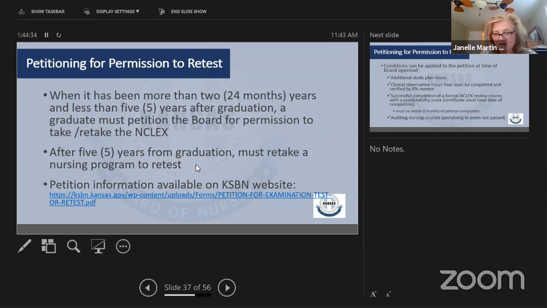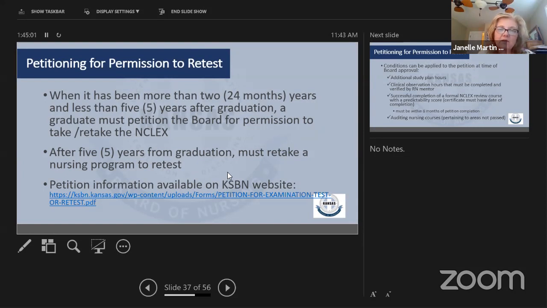And if their A and P is old, they may have to retake that. But our requirement is they retake the nursing program in order to retest. I haven't had too many come back to me with this once they reach that point. But it's something for them to know, so they have those timelines in their mind.